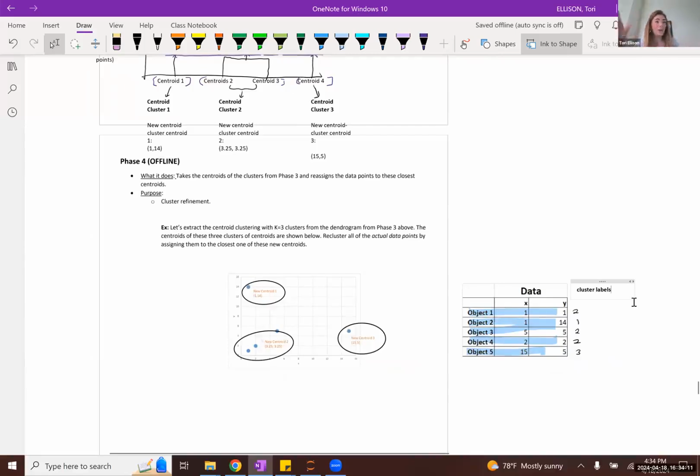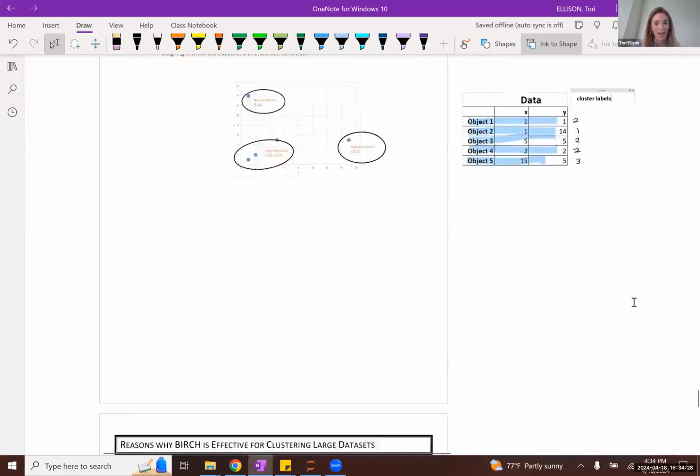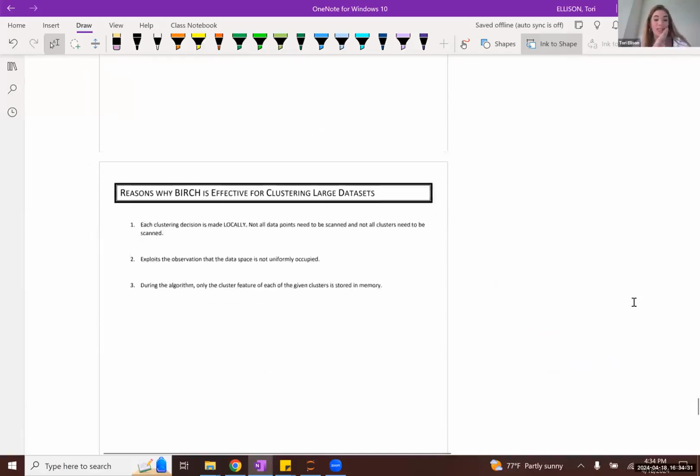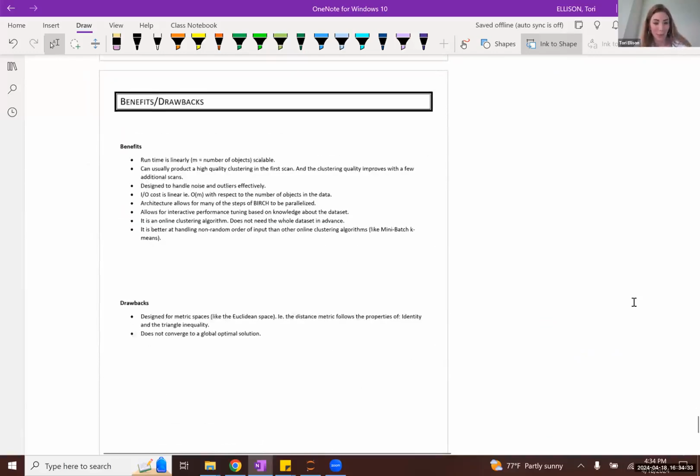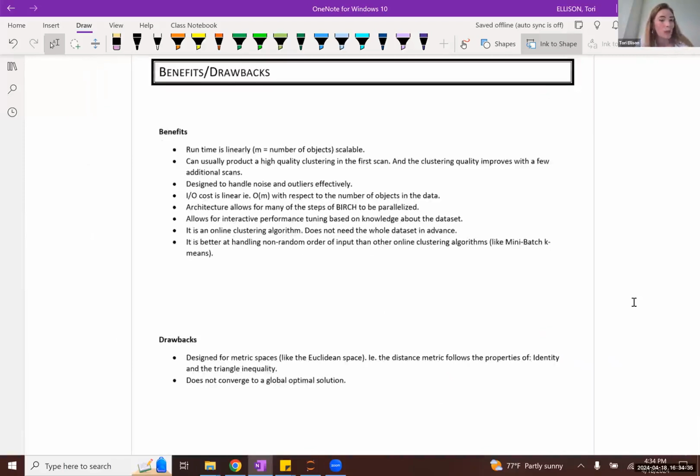So that is all of the many phases of the Birch clustering algorithm. Yeah, it's definitely one of the longest algorithms to explain. But yeah, any questions on that? Okay. So one of the downsides is that it's not one of the most explainable clustering algorithms. But as we're going to see, it does allow us to very efficiently build this memory efficient object,